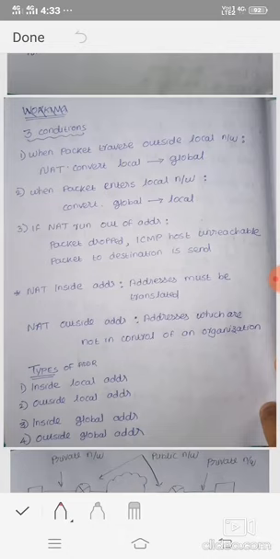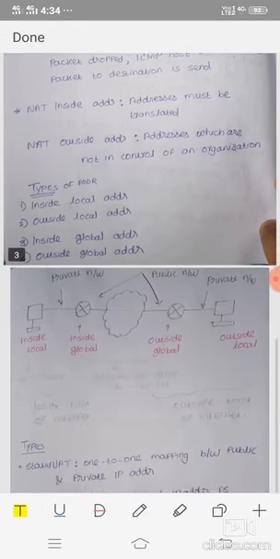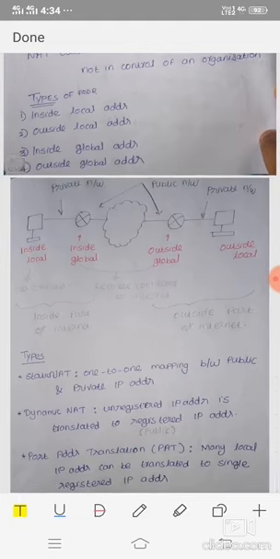And the addresses are of two forms, the NAT inside address and the NAT outside address. The NAT inside address means that address must be translated. That is, there must be a translation from local address to the global address or global address to the local address. And NAT outside address means that address which are not in control of an organization. And there are mainly four types of addresses: inside local address, outside local address, inside global address, and outside global address. Now let's see the figure regarding this type of addresses.